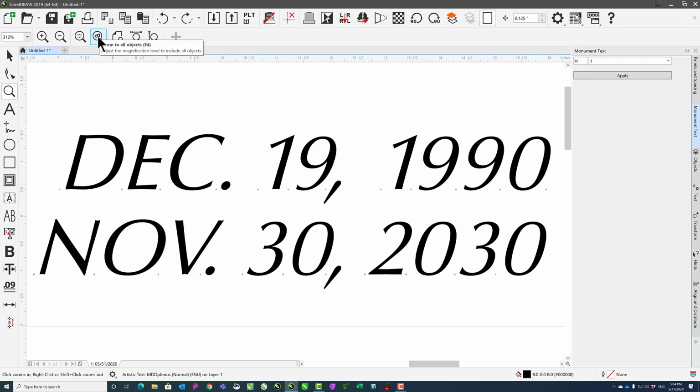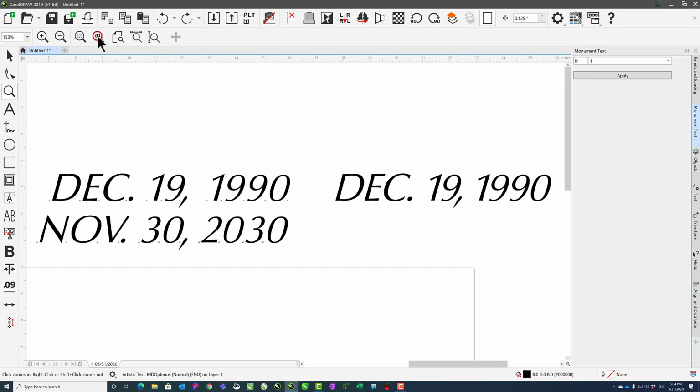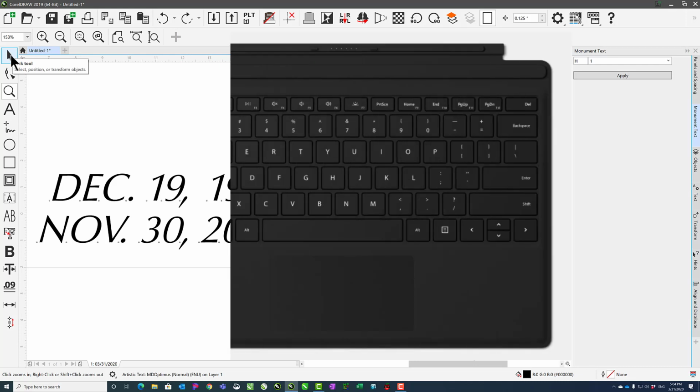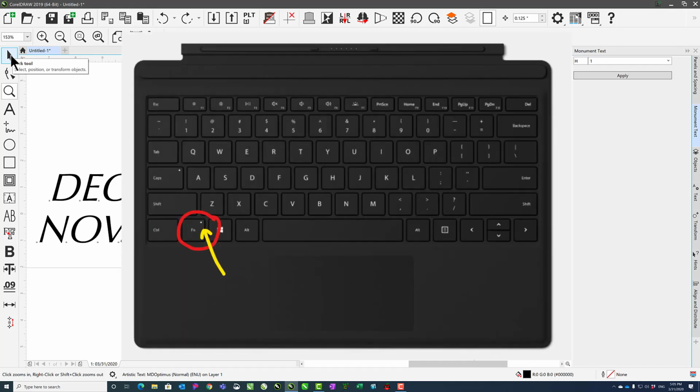This one, Zoom to all objects. I use this most often, and it's F4 on the keyboard. Some keyboards, the function keys actually double as other keys. So specifically on the Surface keyboard, for instance, you have to make sure that the function